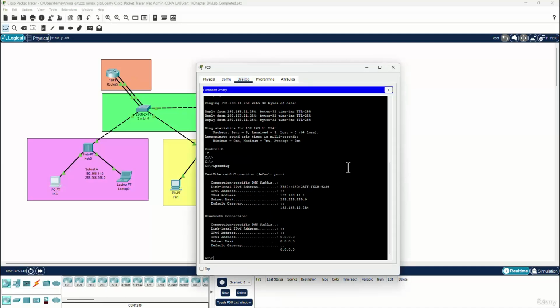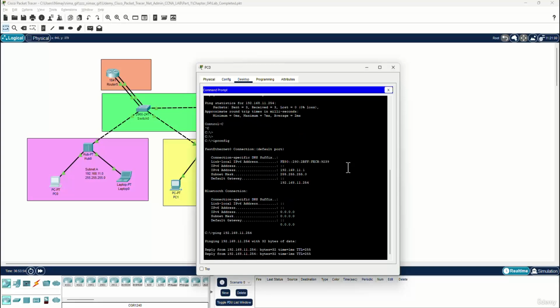Okay, ipconfig. We have the gateway configured and ping the other side. First of all, the gateway. I have the connectivity